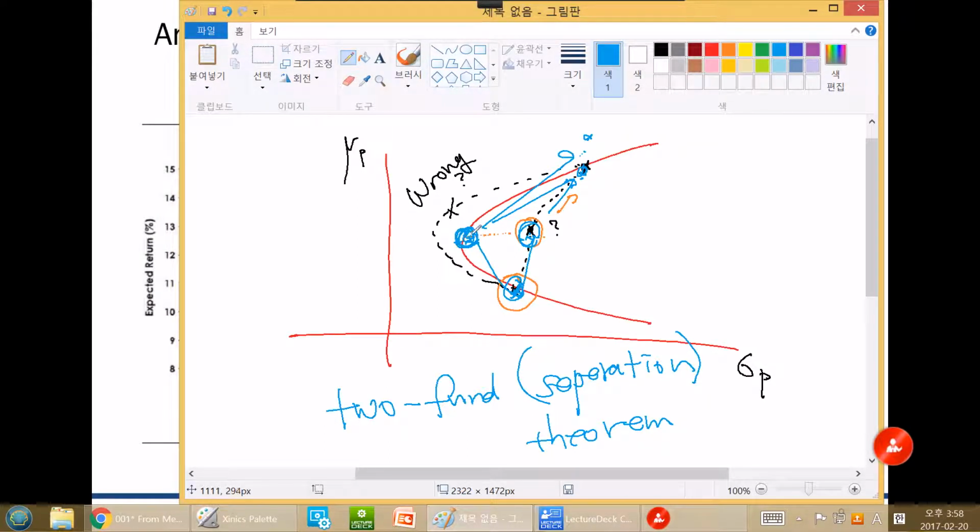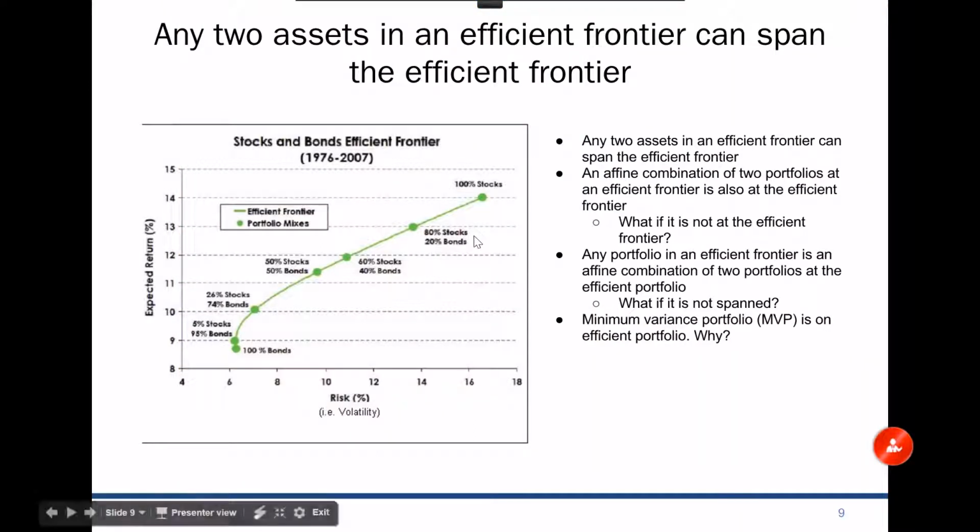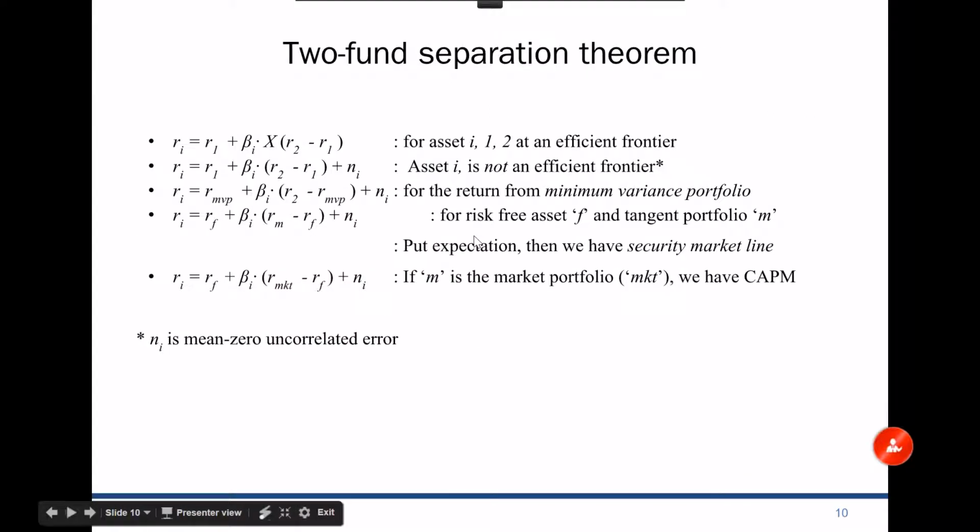And that is simple logic. It is very easy to follow. The minimum variance portfolio is always an efficient portfolio. Okay. Now,